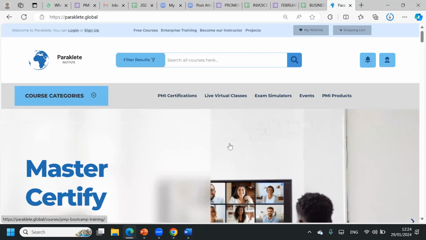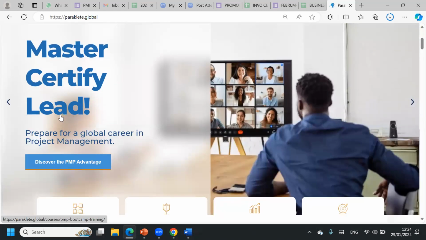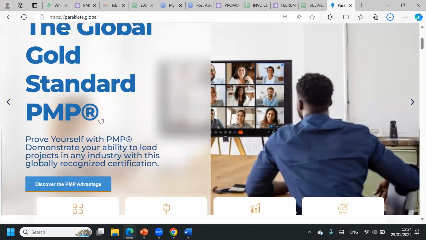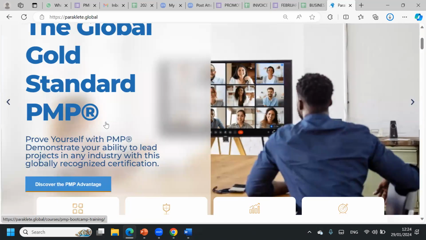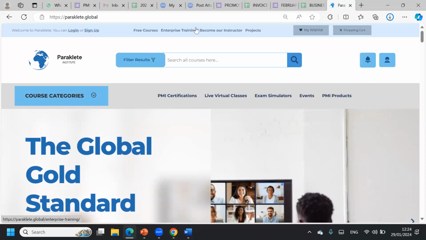We really need to see. Initially, I've been finding it difficult to see how this carousel slideshow behaves. It seems it's not very. Now, for the PMP